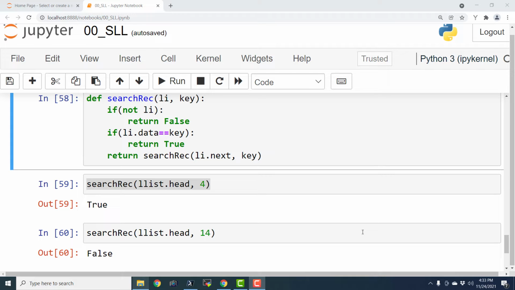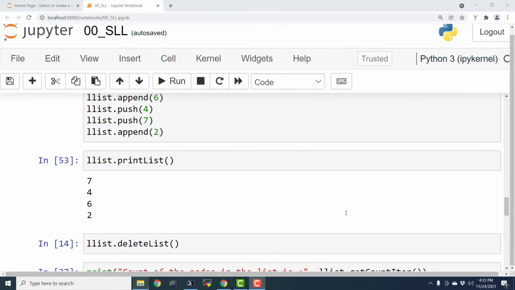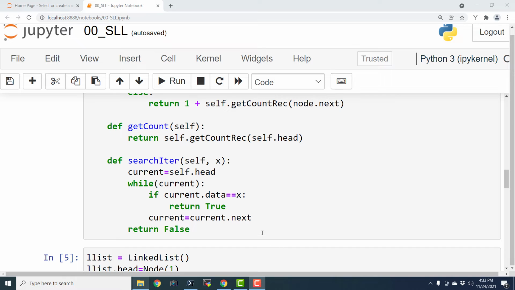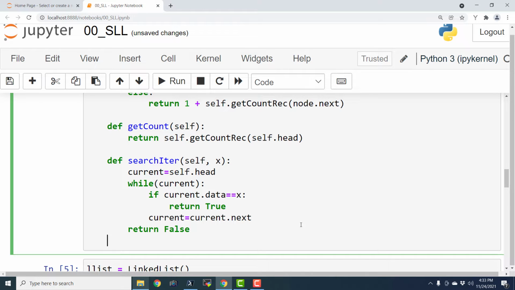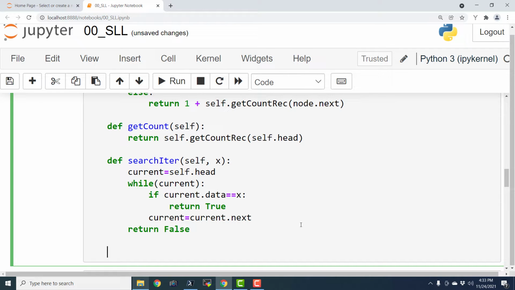In this episode we are going to see how to compute the decimal value of a binary string that we have saved in our linked list. So we are going to define a very simple method for doing the same. And here we have the definition of our linked list. So let us define a new method.